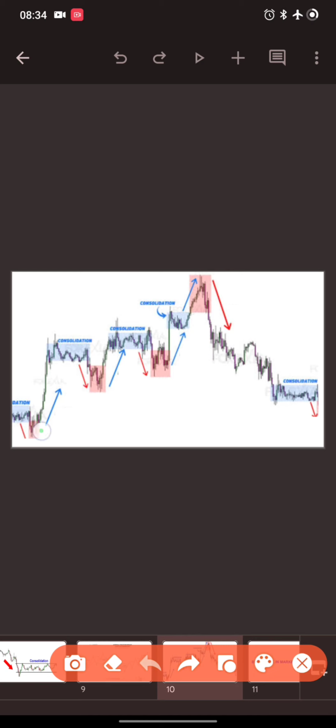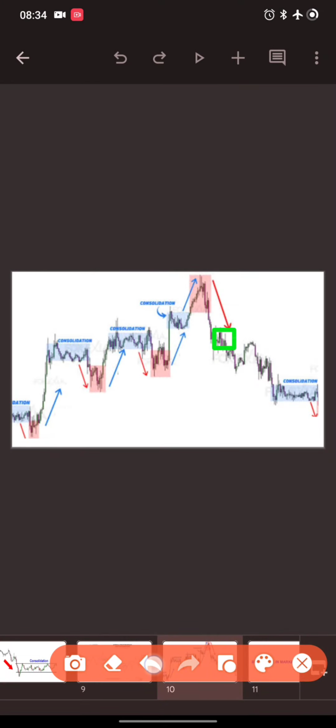Even though you consolidate, see the lows now. No, the lows were not broken out. This low wasn't broken out. Neither was this low broken out. But if you now look here, what about this low? Exactly. As this low was broken out, there was a retracement, then an expansion downwards breaking out that low. Then all this here